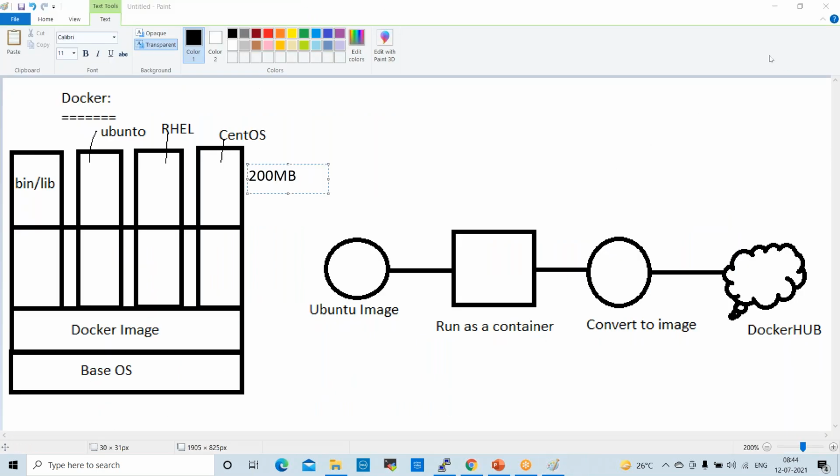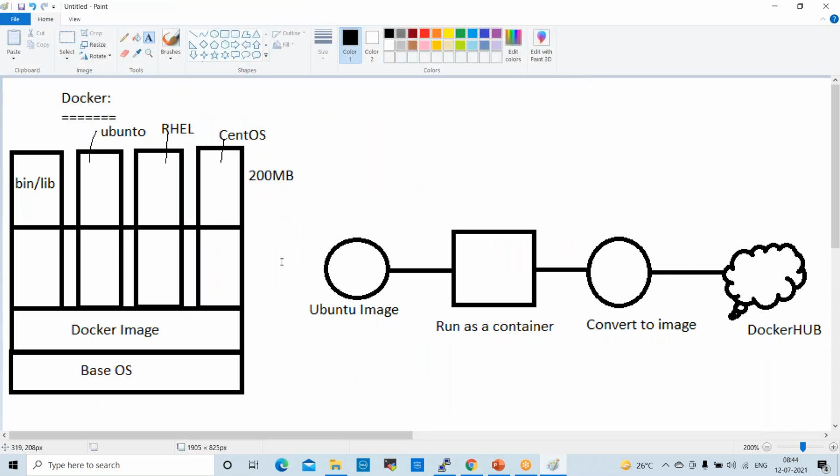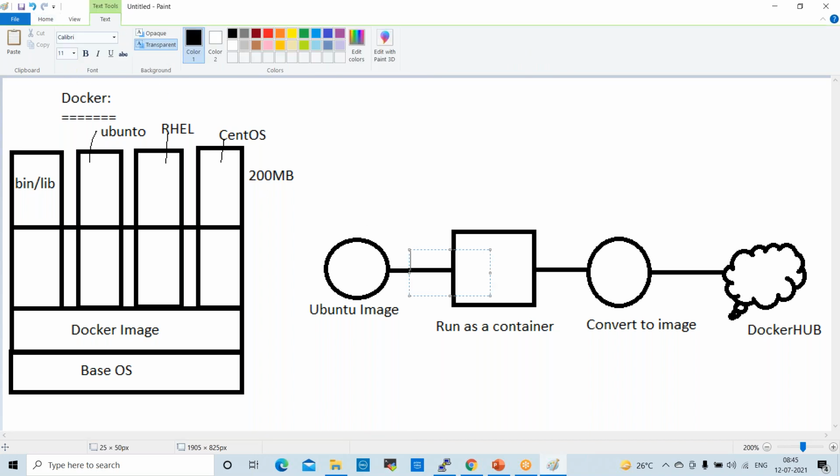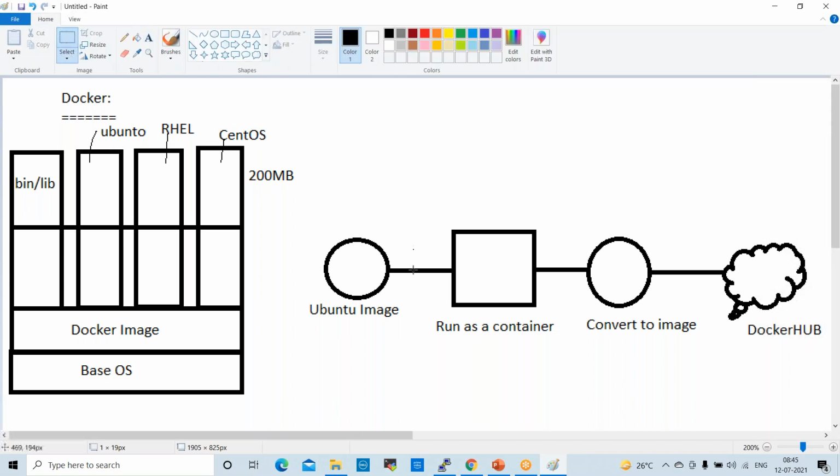Okay, so this is actually the old process. Currently we are using a different process, which is the latest one, which is Dockerfile. Okay, I'll show you that. So this is a very old process. We don't use this in real time normally. This is very basic level, so if you understand this, then we can move further. That is why I showed this old process here.